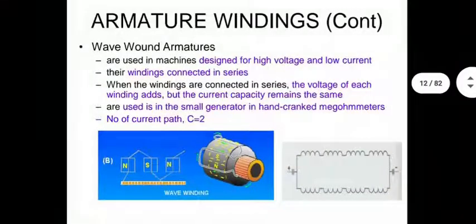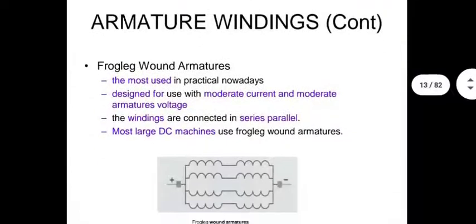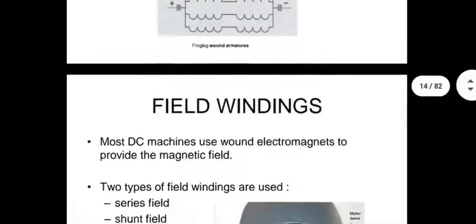Wave windings are used when high voltages and low currents are being planned for. Here the windings are connected in series. A lot of detail here in terms of how the windings are connected, etc. I'm avoiding that. I'm giving you the basic idea of how these two types of windings are different from each other. In case of wave winding, the number of parallel paths is only 2. Other kinds are also possible, but I'll ignore them for now.